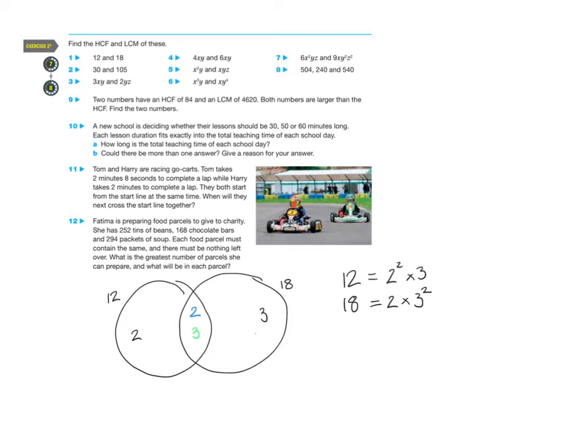Now the highest common factor is the intersection between the two circles. There we go, it's a good word. So highest common factor is going to be equal to the 2 times by the 3, which would give me an answer of 6. The lowest common multiple is going to happen when we multiply everything together that's in the